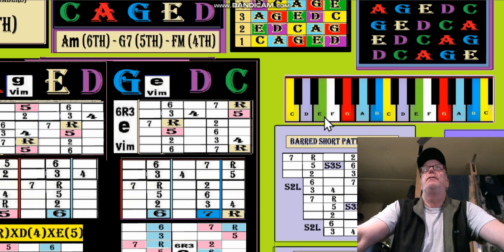That is the second inversion A minor, because here's your first inversion A minor, A, C, E, in the key of C. All right, that's your root A minor rather, and first